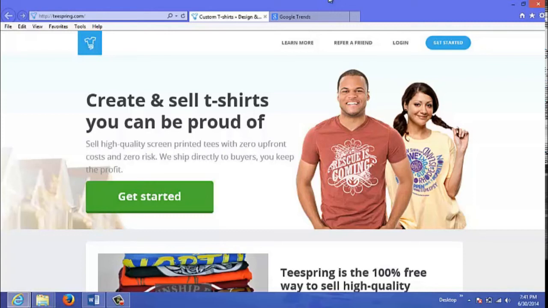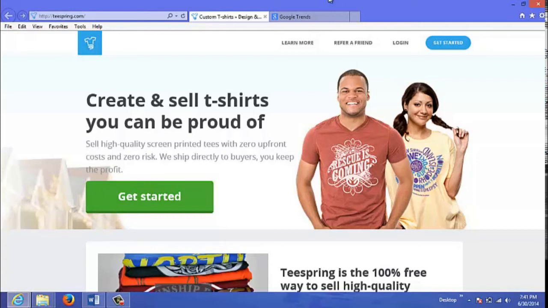Another group you could target are sports fans. They're very passionate about their favorite teams. You could also target pet owners, and you could also put political statements on your shirts if you want to send out your message. So, for example, if you support or are against a certain political figure, you could make